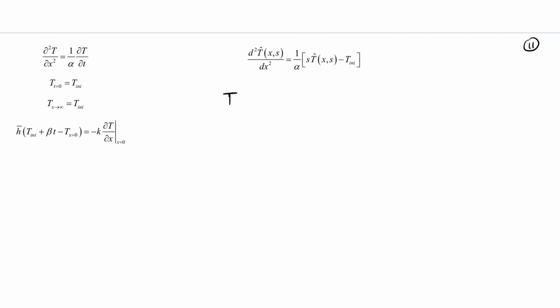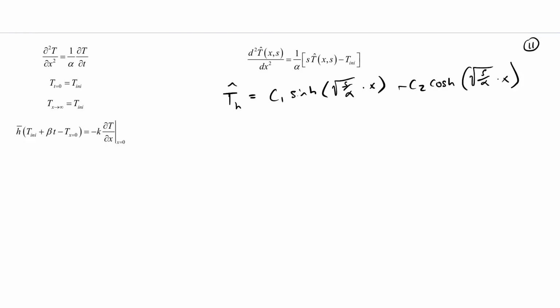So the homogeneous solution for T hat, I'll just give you that. It's C1 times sinh of the square root of S over alpha times X plus C2 times cosh of the square root of S over alpha times X. Okay. One thing to watch out for though is, we have sinh and cosh, but if you remember that